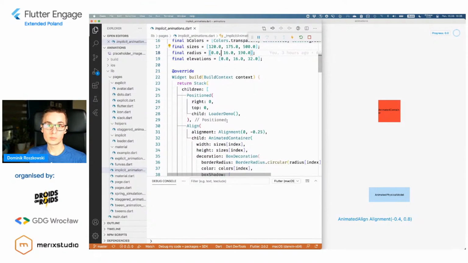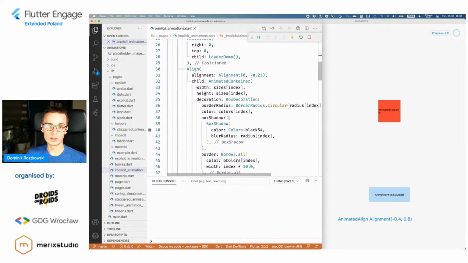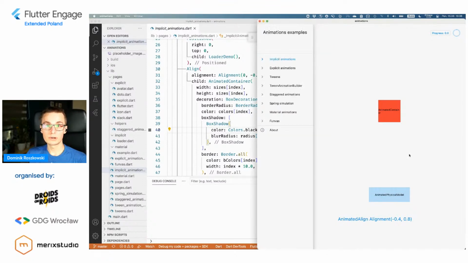But the most important part is a bit lower. For instance, here is my animated container. I just apply some sizes, and some color and some more stuff, just in order to have a very convenient way to animate some properties. And this is something that may be used by you very commonly in your Flutter apps.